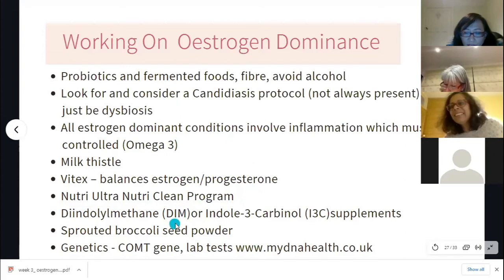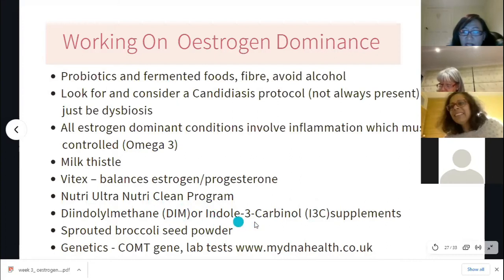You can also use what's called DIM and indole 3-carbinol, which is what I mentioned before. DIM is the broken down product of indole 3-carbinol. So some supplements will contain both DIM and indole 3-carbinol. Others contain only DIM or only indole 3-carbinol. In terms of general consensus, there's a lot of disagreement with regards to what should be used. Some nutritionists say, I'll rather use indole 3-carbinol because it's got so much more research than DIM, which is correct.